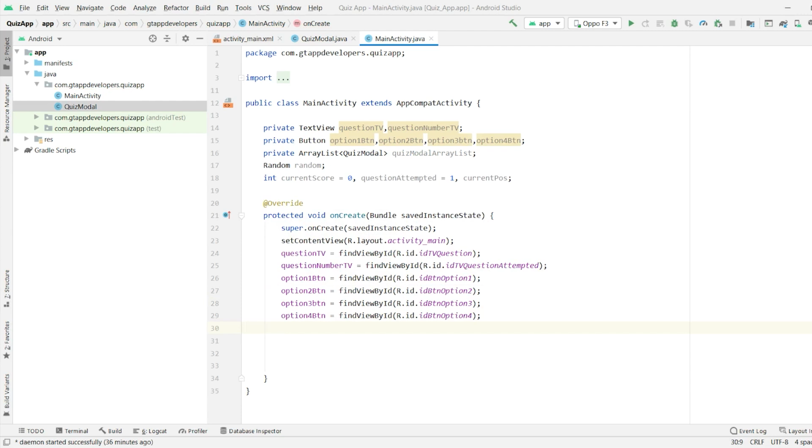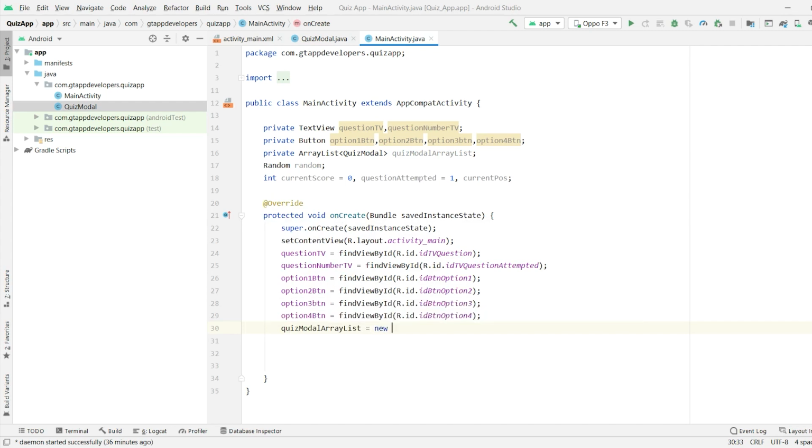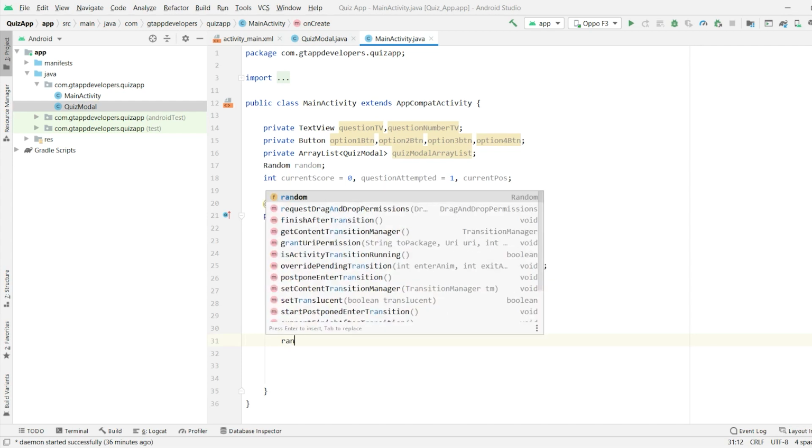Now we have initialized our buttons along with our text view. Now we will also initialize our array list. We will create a new array list. Along with that, we will initialize our random variable.